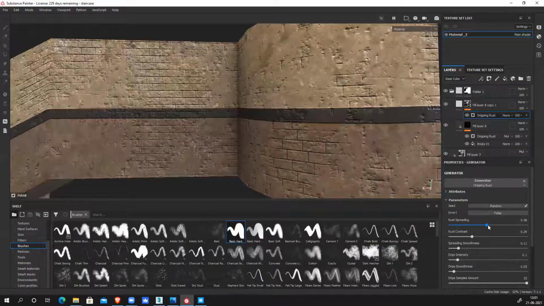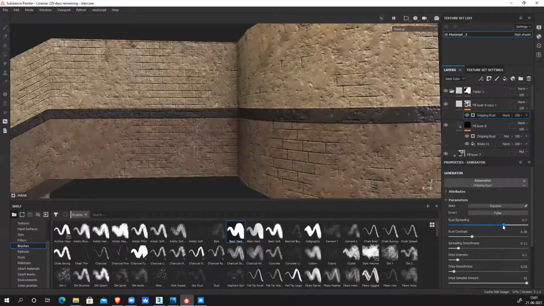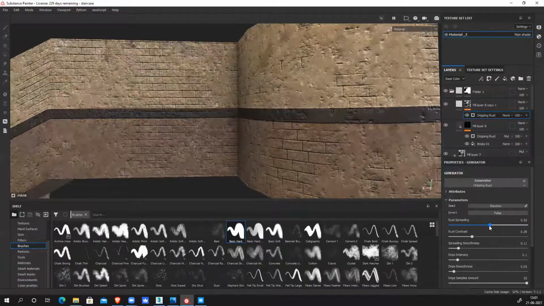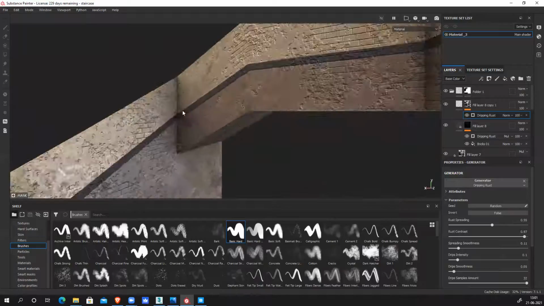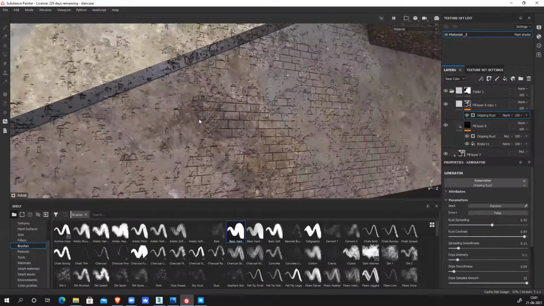So I make it a little stronger, or a little less strong, so that I get this nice effect. If I increase the contrast, it will separate these two surfaces. See, it will separate these two surfaces.